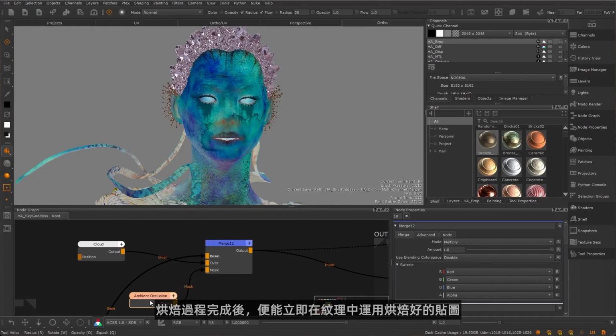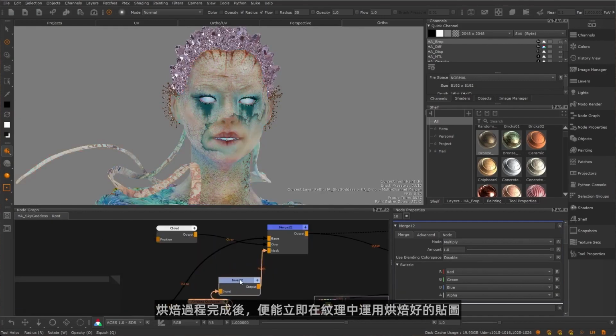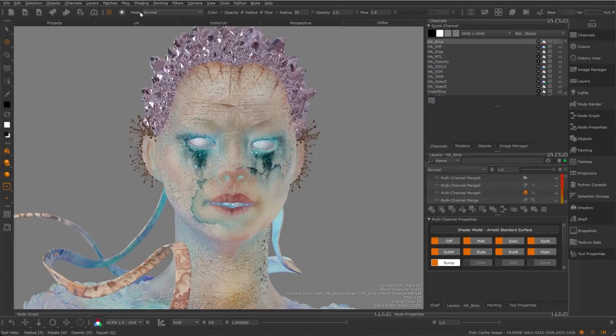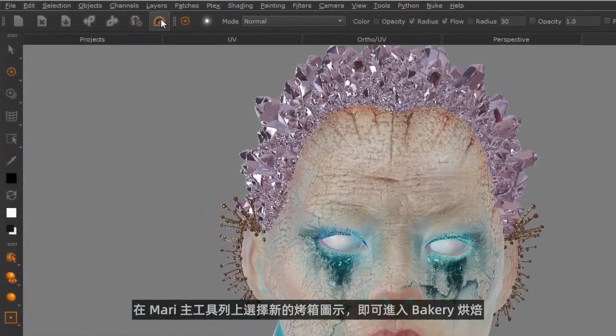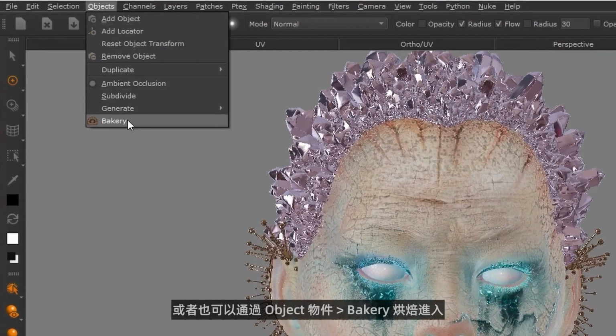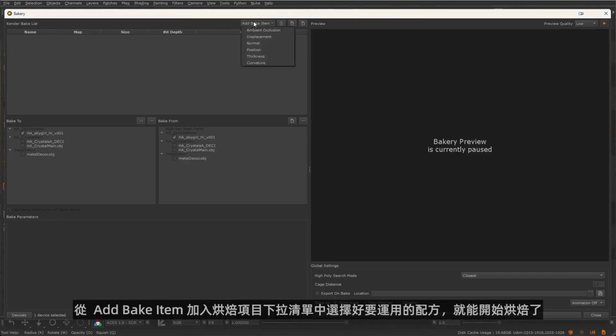You're ready to use your baked maps in your textures immediately after the baking process has been completed, all within one streamlined workflow. The Bakery can be accessed by selecting the new oven icon from the main Mari toolbar, or via Objects, the Bakery. Select which recipe you'd like to use from the Add Bake Item drop-down list, and start